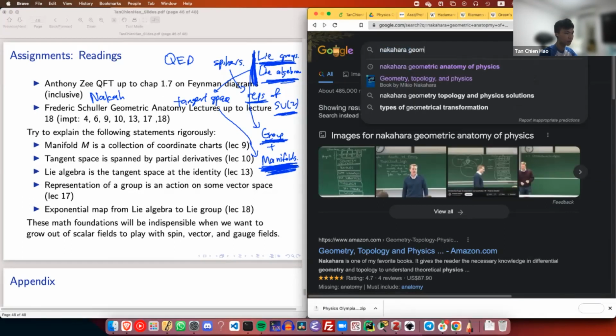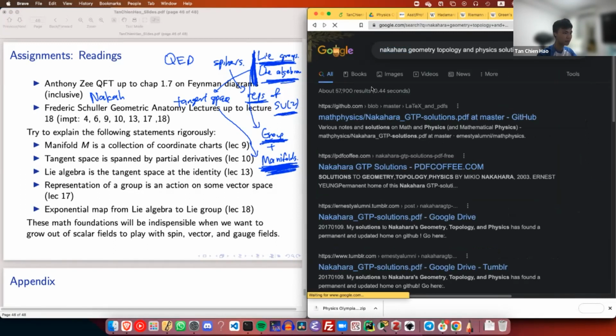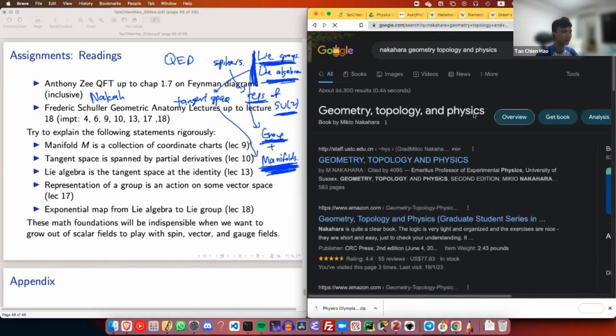Nakahara, Geometry, Topology, and Physics. Yeah, Geometry, Topology, and Physics. This is also a good book that I've read. Okay, so